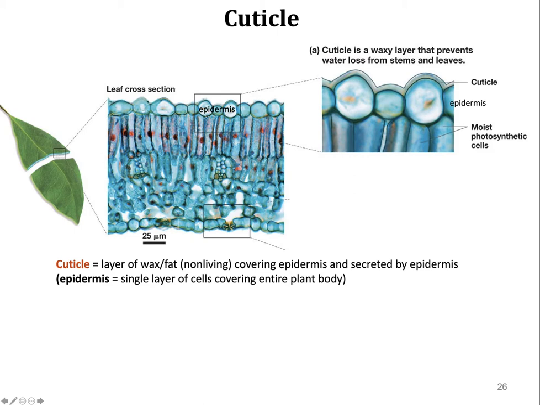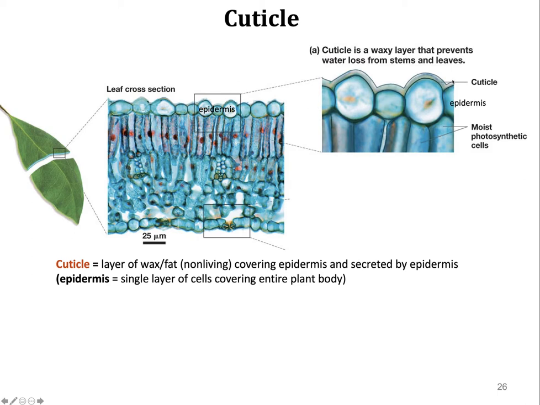We can see that it's got these epidermal cells, so these are the cells that are on the outside of the leaf. So this is like the top of the leaf, and this is like the bottom of the leaf, and these are all the cells in the middle in that cross section. And on top of that top epidermis, if we zoom in on this section right here, you can see that